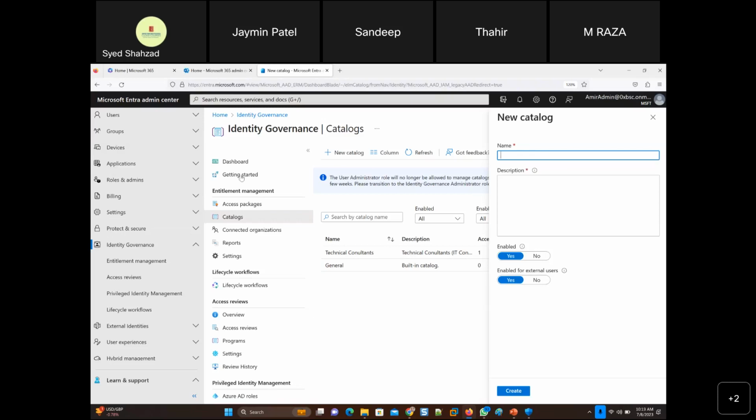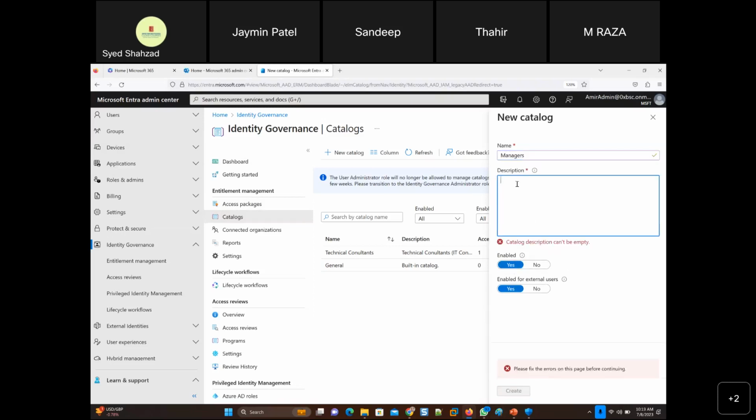So when you're creating packages, you can create a package for managers in the company, or you can click create, and oh, you have to give a description. This catalog is for managing, for governance of managers in the company, identity governance for managers.